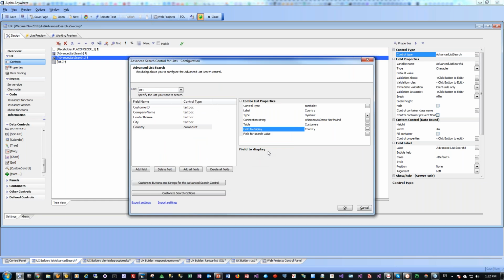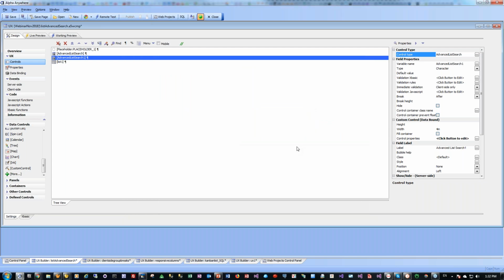That's all that's needed in order to configure this country field to be an edit combo that gets populated with an AJAX callback to retrieve the list of available countries. As I mentioned, the